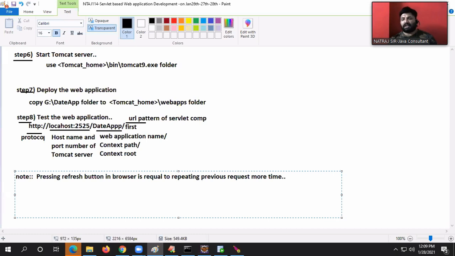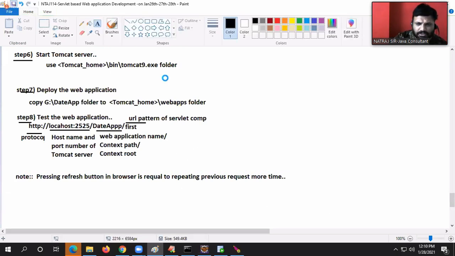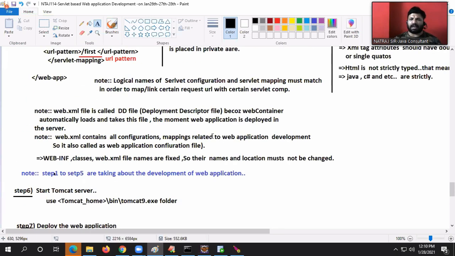Okay. Still, right now we are dealing with the generic servlet. Auto refresh cannot be done, but in future I will show auto refresh. In future, definitely I'll show auto refresh, because as of now we are dealing with the generic servlet.